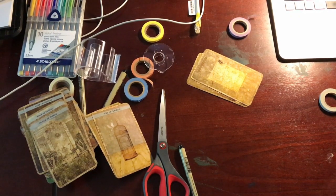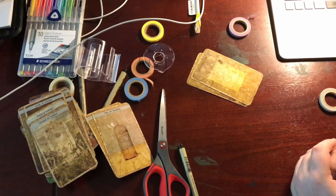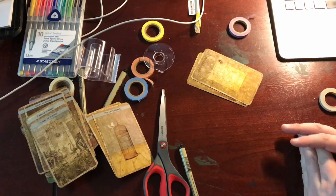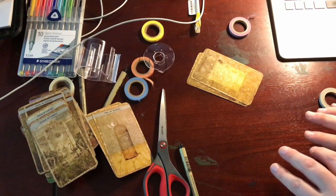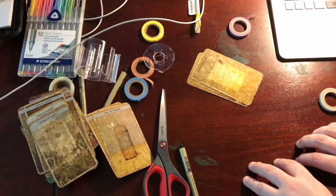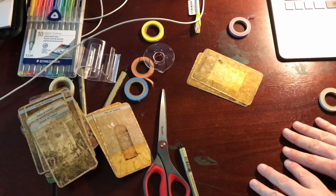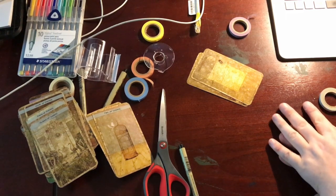So anyway, aside from the cost of the deck, I also really, really like this deck. It's beautiful. But as I always say, and as I repeat time and time again, tarot is a functional art. And if it doesn't function, it doesn't matter to me how artistic it is. It likely will not stay in my collection for very long. So anyway, I thought a lot about it, and I was wandering the craft stores, and then I thought,